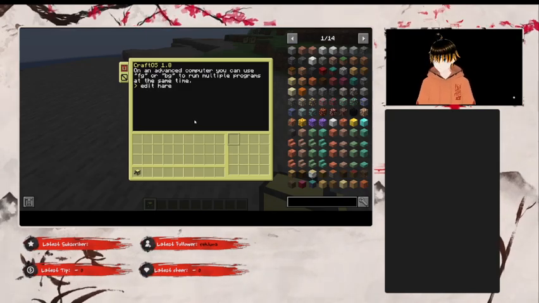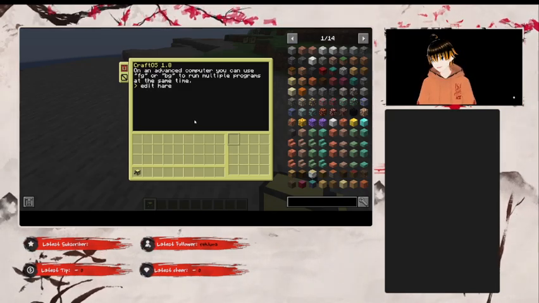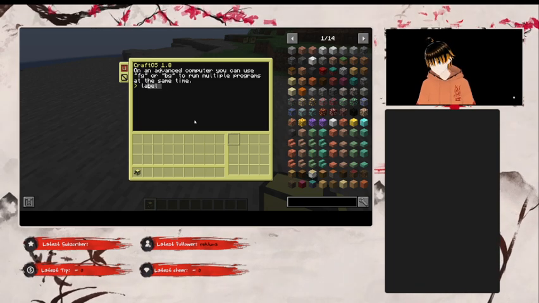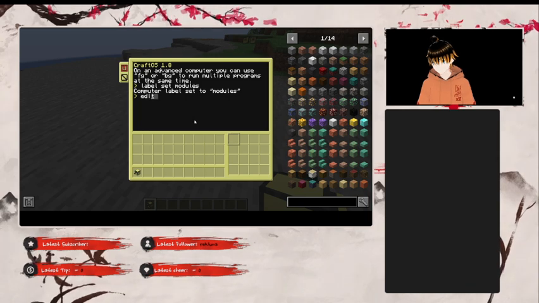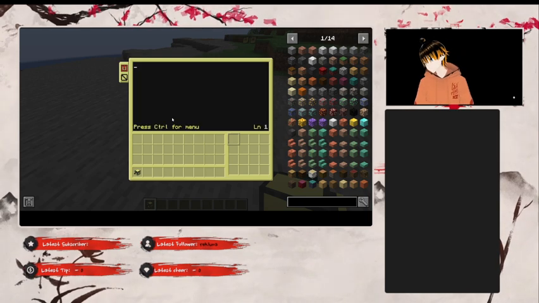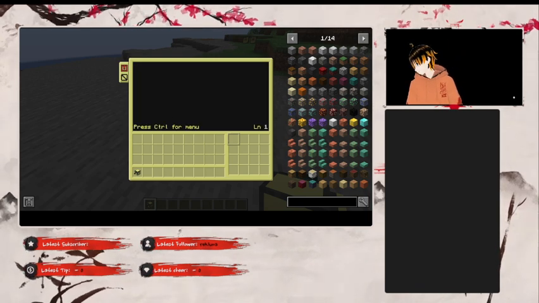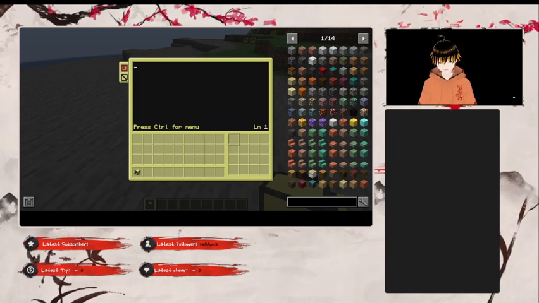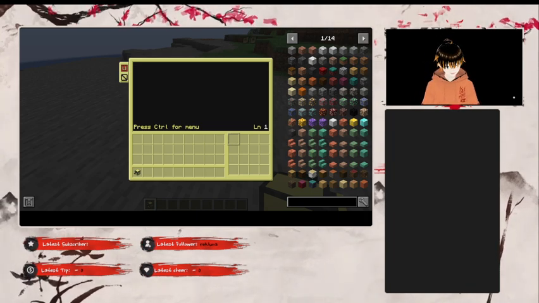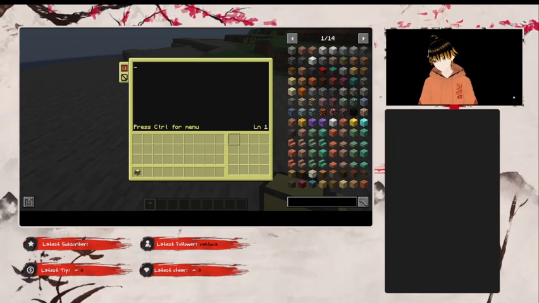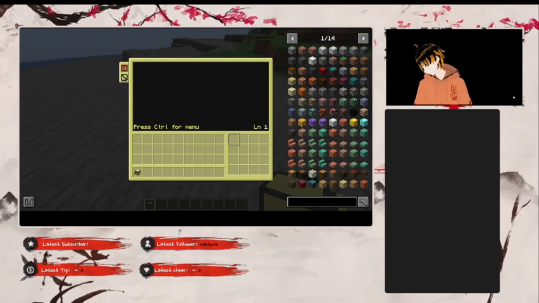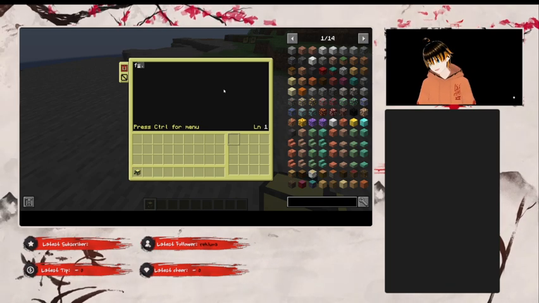So let's edit hair first. Label set modules. Now edit hair. So this is a function module program. What this will do is hold multiple functions. Let me back up real quick. Just as a reminder, what a function is